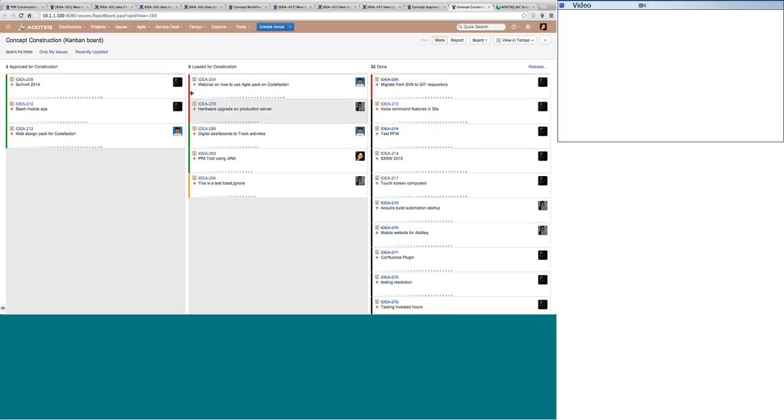A few of these color codes are telling me that we are in danger, that the due date has already been crossed, or the orange ones are telling me that the due date is approaching and we need to hurry up. The green ones are telling me that we still have time at hand. So based on this color coding, we can prioritize the ideas, considering the time and resources that we have in hand. Based on these different tools that Jira provides us, it's very much possible for us to be decisive for the ideas.